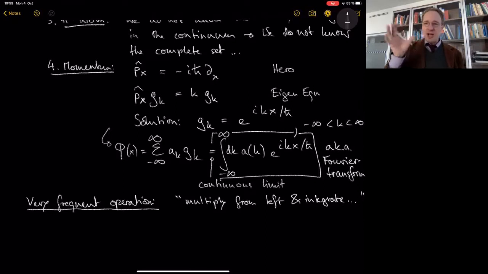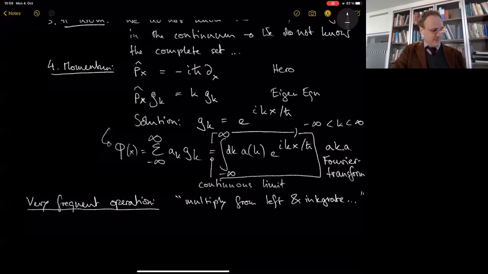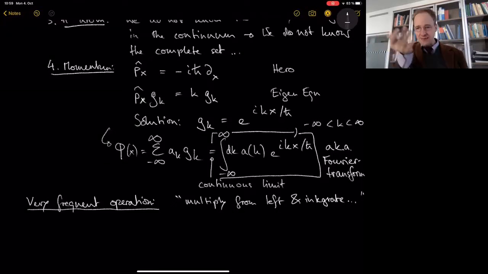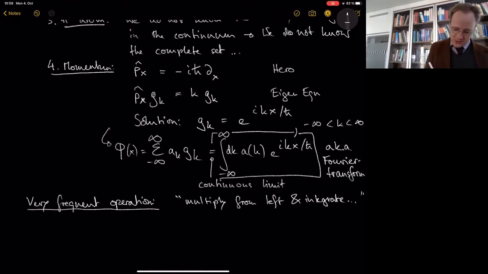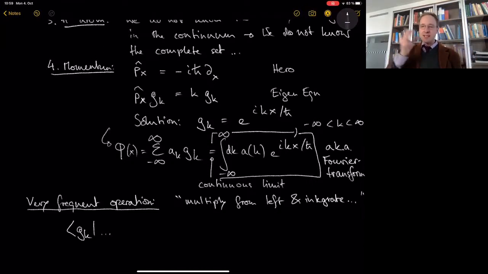This is a jargon thing, which is why I put it in, and I phrase it like this here. Normally when you multiply, it doesn't matter if you multiply from left or right. But what we mean here is that you multiply from left with the complex conjugate, right? So this is doing this operation, JK, and you can think of it like an operator.